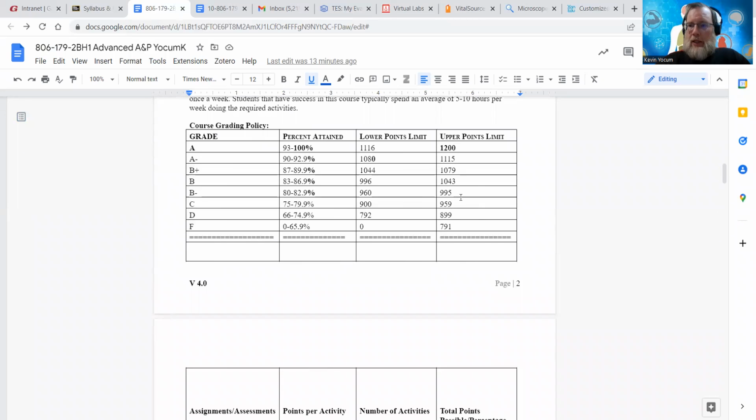I have to submit the grades within 48 hours of that date. So by December 9th, I have to submit final grades. Now, again, let me reiterate that everything is due, and we'll talk about what you have to do. All of that has to be done by December 7th. That gives you plenty of time. It gives you 3 months to do these checkoffs that I have in Blackboard.